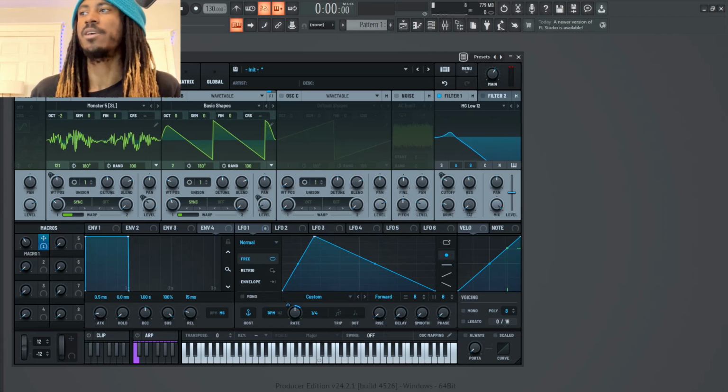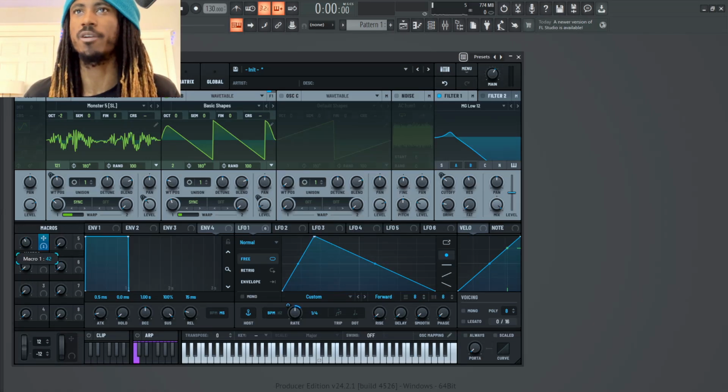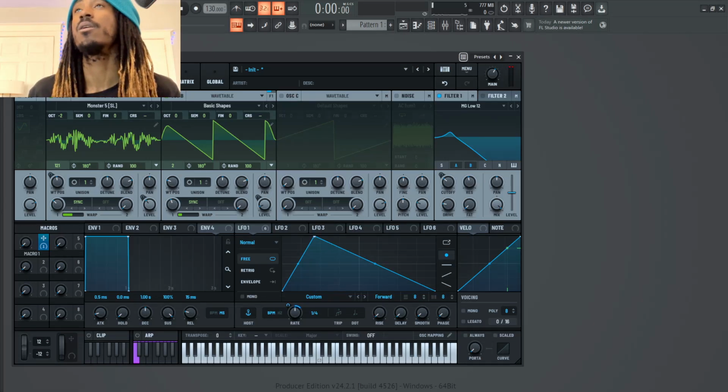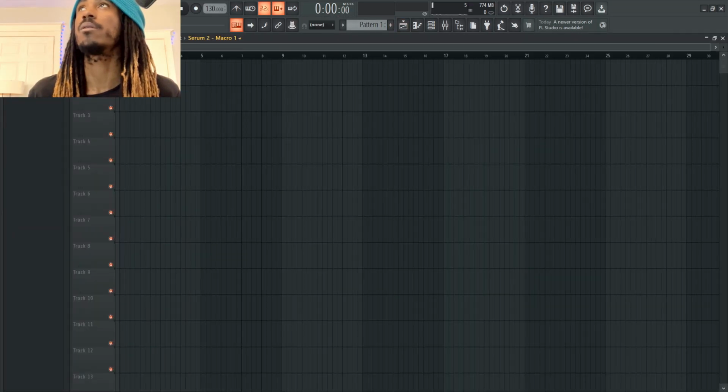You know what I mean? Instead of, if I had created an automation clip for this and put it all the way up, I would always have to be particular where I want the position, versus this where it's only like three positions I could choose from. You click this, move the knob, and create an automation clip. And now there will be one in here, boom, and now you can just